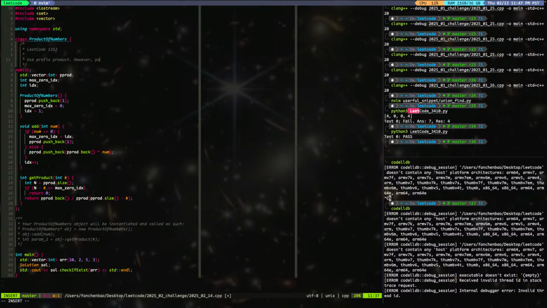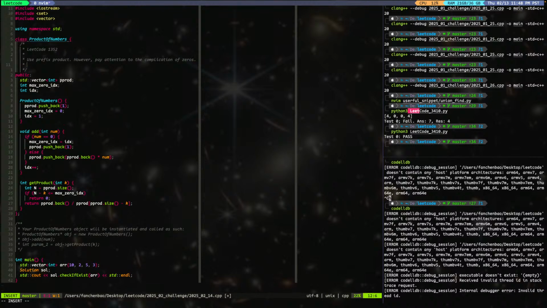However, pay attention to the complication of zeros. If the suffix covers a 0, then the product will always be 0.